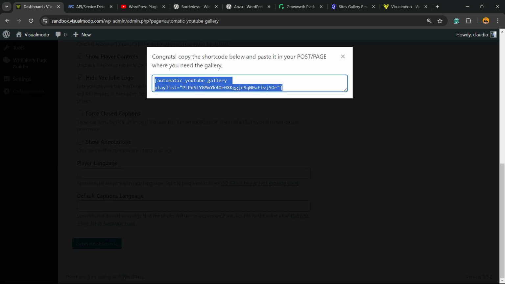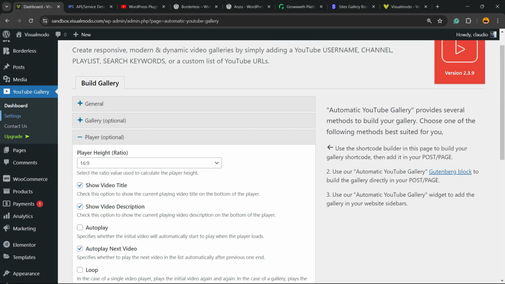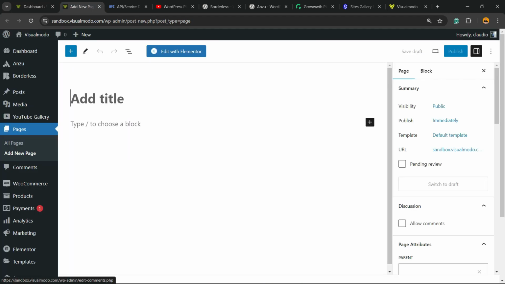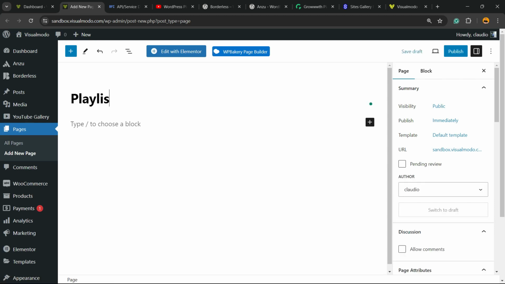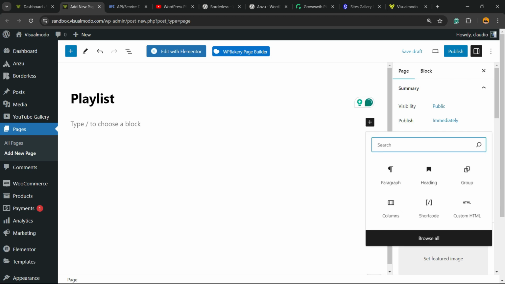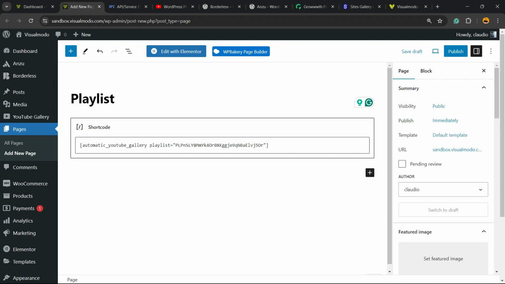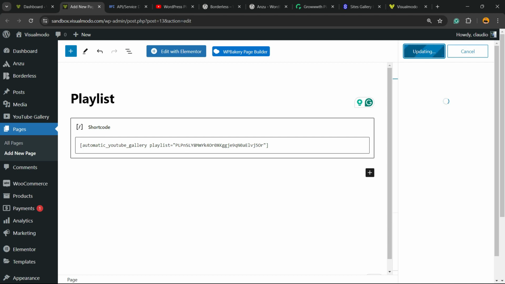Let's generate our shortcode, and here is our shortcode. All we have to do is copy this shortcode and go to one of our pages, posts, widgets, sidebars. For example, I'm gonna create a new page. So go to our WordPress left sidebar of menus, hover your mouse over pages, click on add new page. I'm gonna click on this plus button, search for a block or a widget called shortcode, and place my shortcode just right here. Let me publish the page,